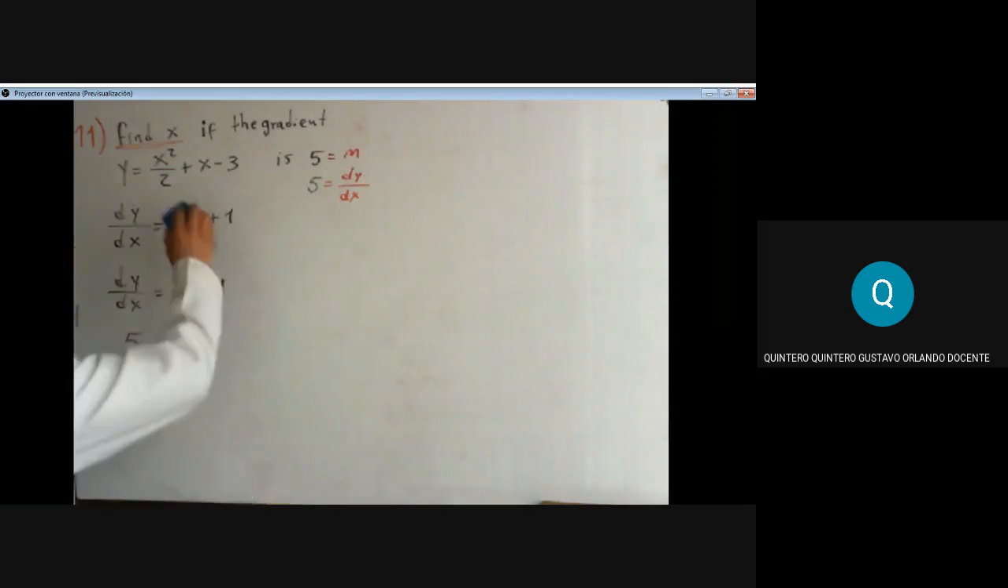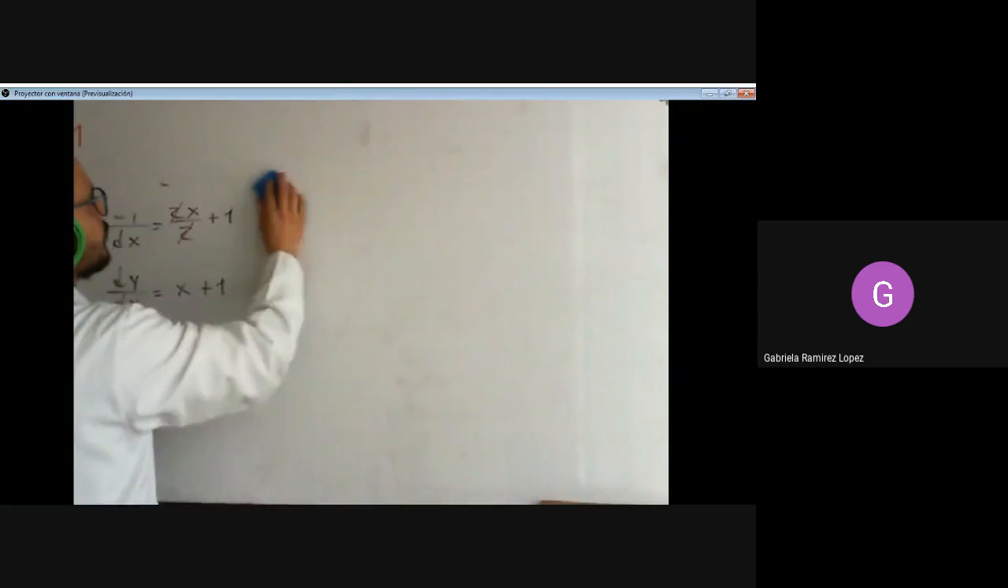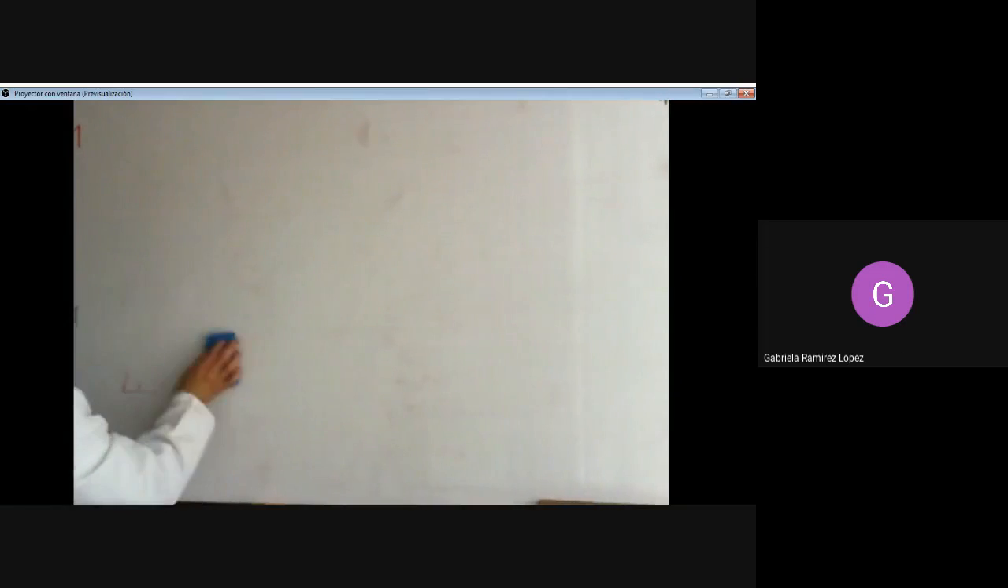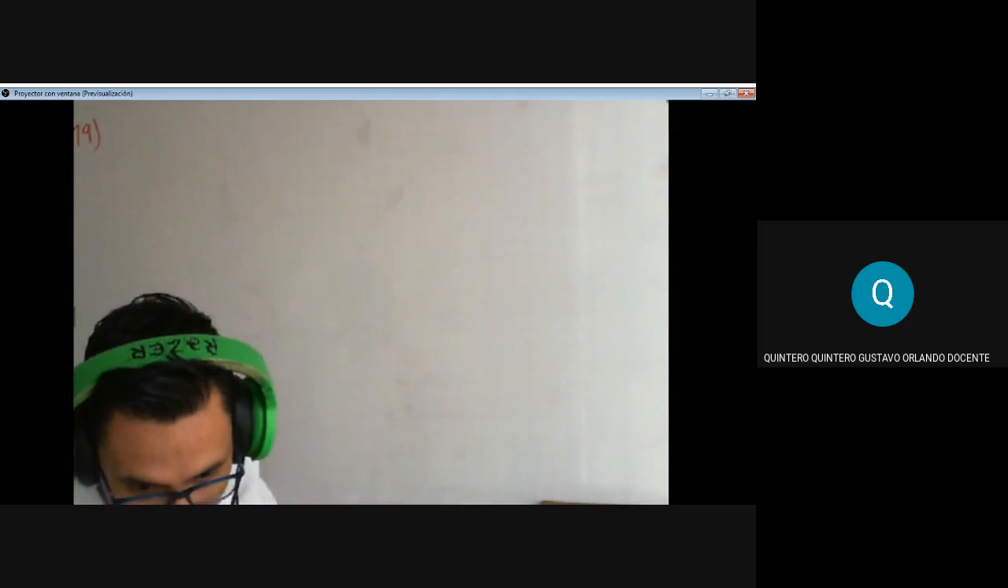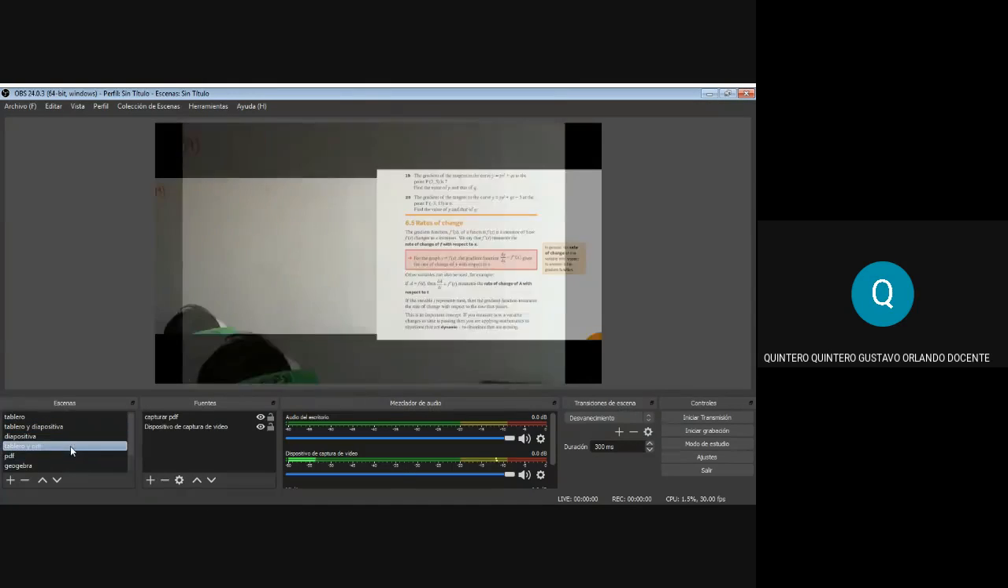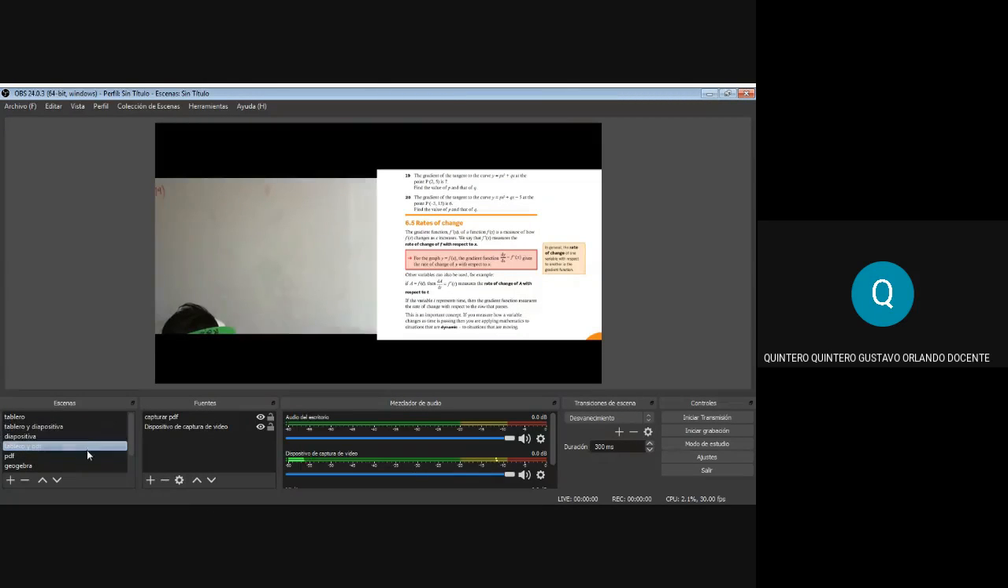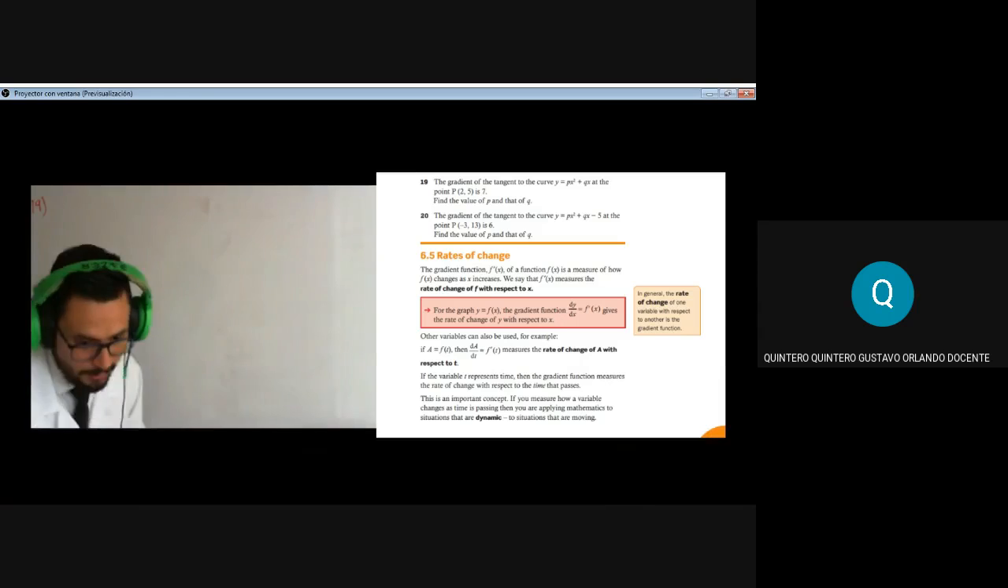19. All right, so point 19 wants the gradient of the tangent. Let me show it for everybody. Like this. Okay, I'm doing point 19 for everybody. The gradient of the tangent to the curve